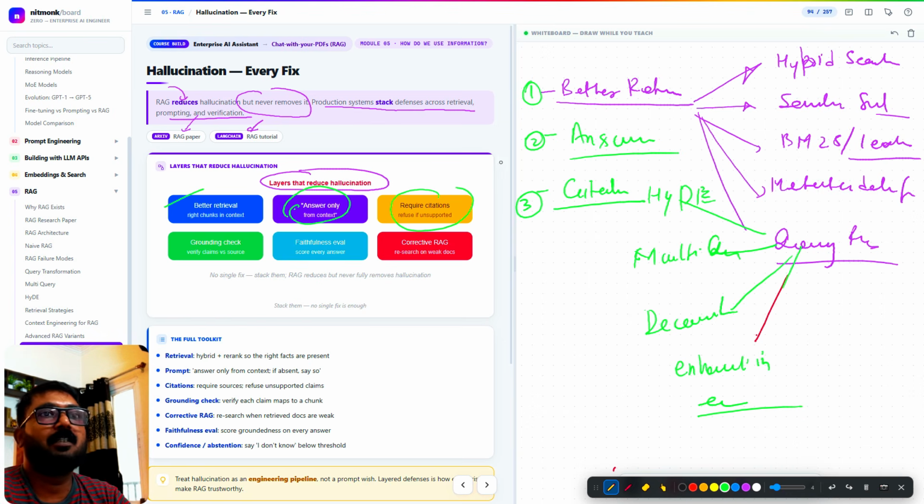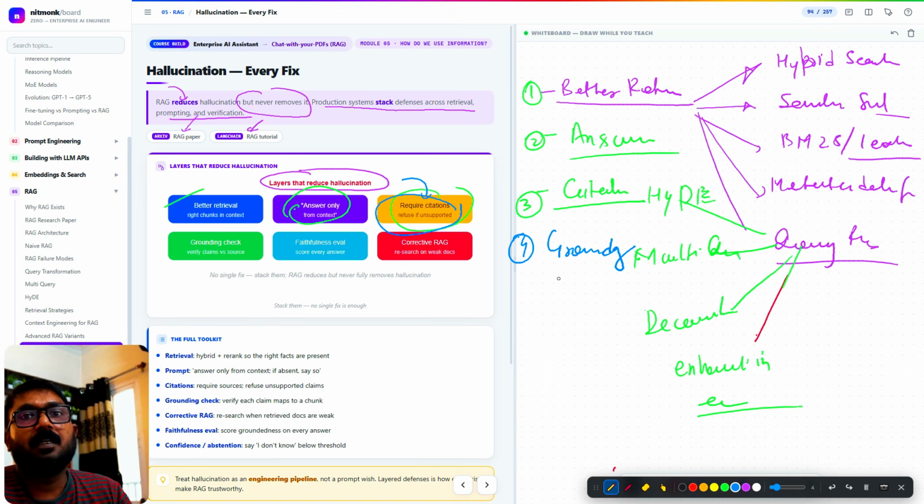Like you start with better retrieval, then you talk about how you do the retrieval. Once you go to the query, then you talk about how better you do with the query. Then try to do with the answer, then talk about context, how the context could be closer to what you want to answer. There is require citation, refuse if unsupported. There is a grounding check. Once the answer is generated, then you do a query and answer check if whatever RAG has been generated, the same answer the LLM